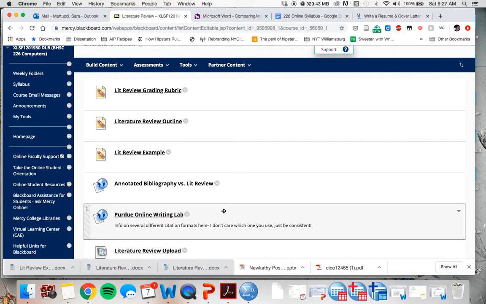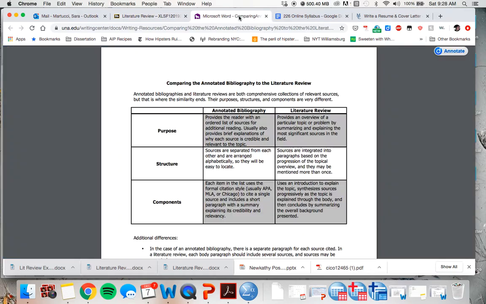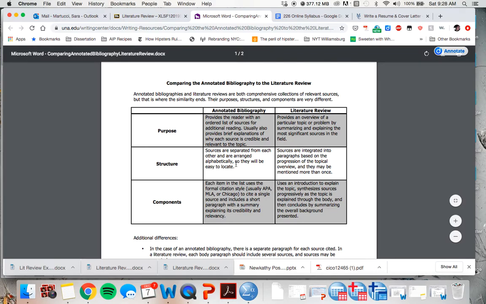So the literature review is a little bit different from an annotated bibliography. In the annotated bibliography, each citation is kind of separated, and in the literature review, they'll all be together like in a regular essay. They'll be more grouped around themes, and you kind of won't say "in this study" anymore, right? Because in the annotated bibliography, the citation for that study was right above it, so I know what study you're talking about. Now you're going to have to use a reference to kind of refer to the specific study that you're talking about. So here is the website that kind of looks at the two of these and compares them,